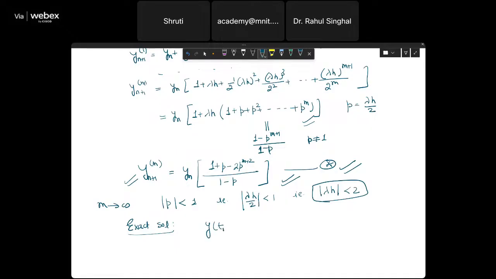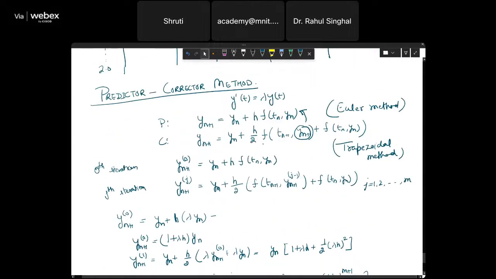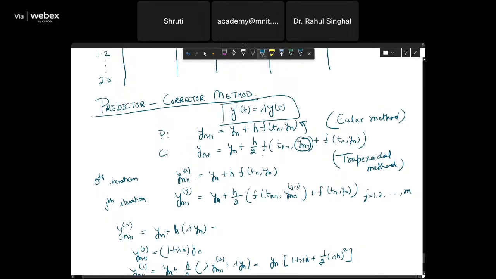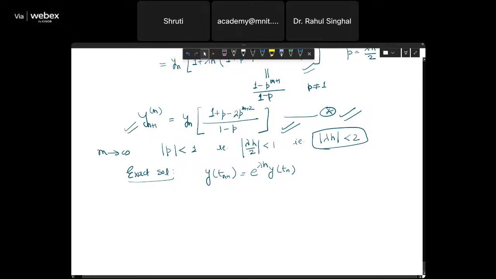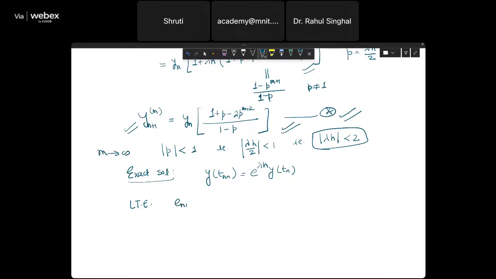Okay, so y at t n plus 1 for this simple problem will be e to the power lambda h y at tn, right? It is a very simple form, separable form. So by integration on both sides, you can calculate it. So this is the exact solution over here, and therefore the local truncation error involved in it will be the difference of the exact solution and the approximate solution. Okay, and that comes out as e to the power lambda h y at tn minus, you can substitute this value after taking p as lambda h